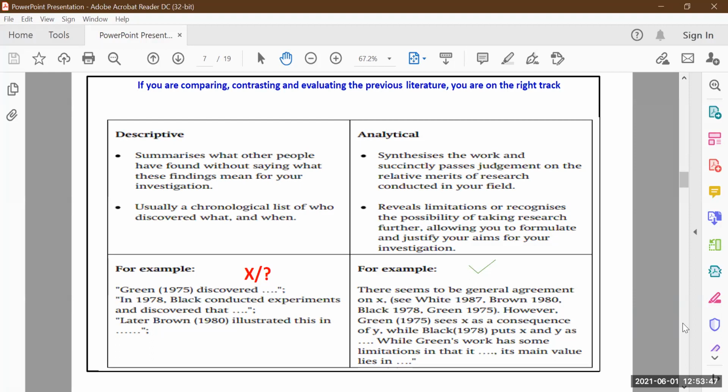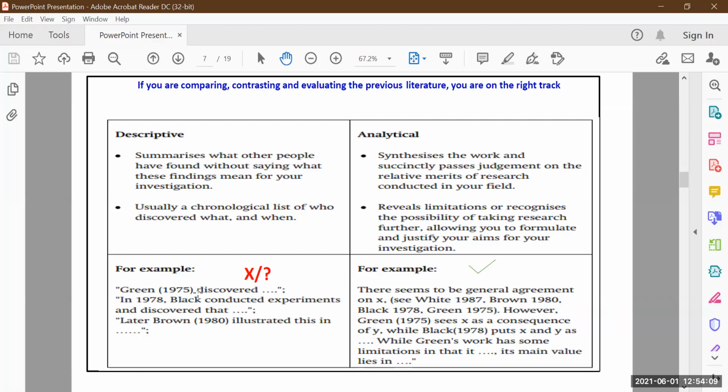That means your involvement is not up to the depth. Right? You can see the example here. Green 1978 discovered this blah blah. In 1978, like this one. Okay. This is the descriptive. You are giving the description of that paper.